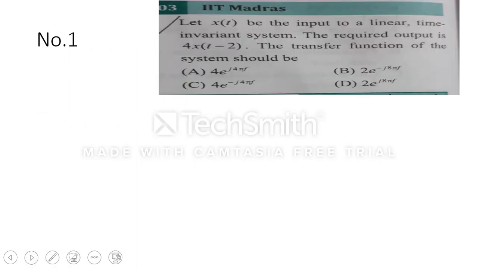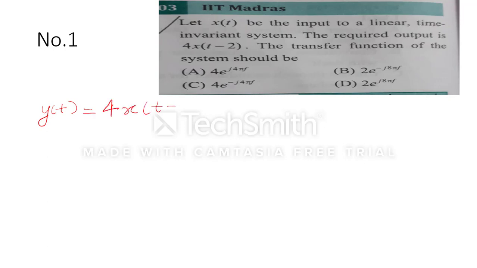The topic which I am going to cover in this lecture will be the GATE numerical based on Fourier transform. So the first question is: let x(t) be the input to the linear time invariant system. The output is given and they are asking for the transfer function. It means that here they have given y(t) is equal to